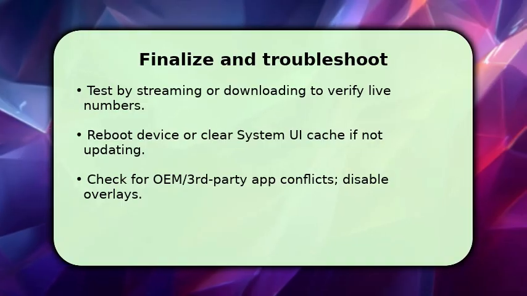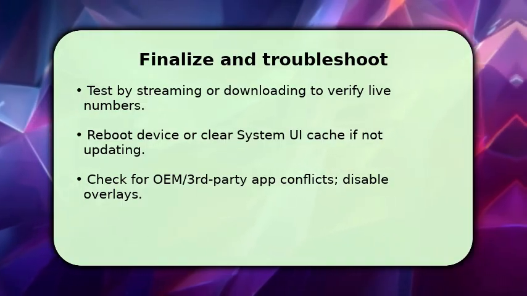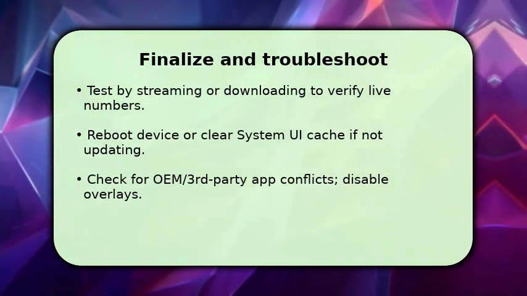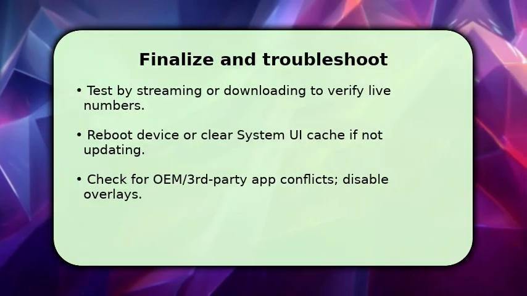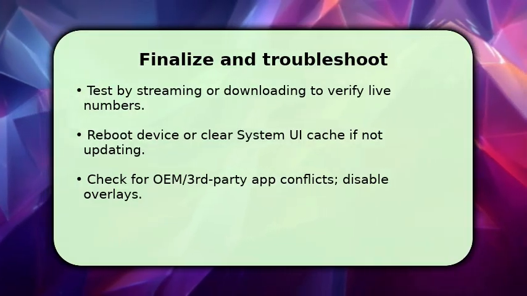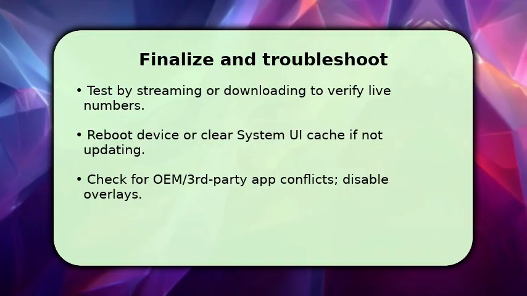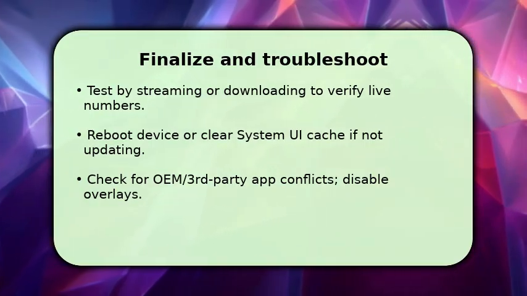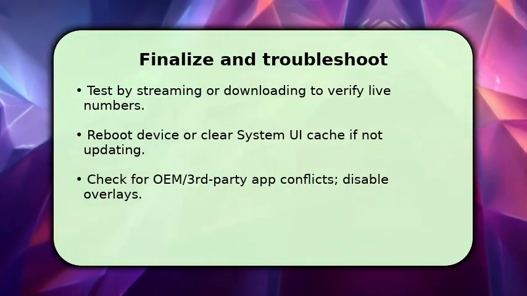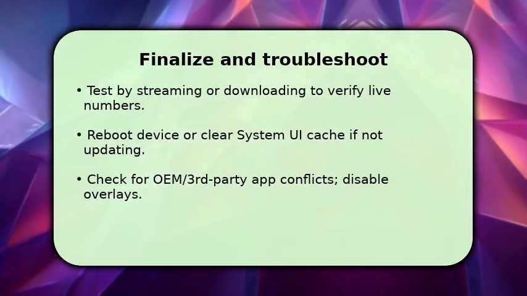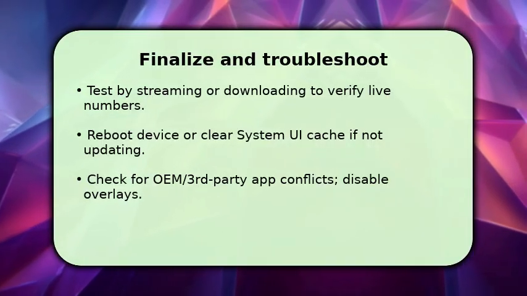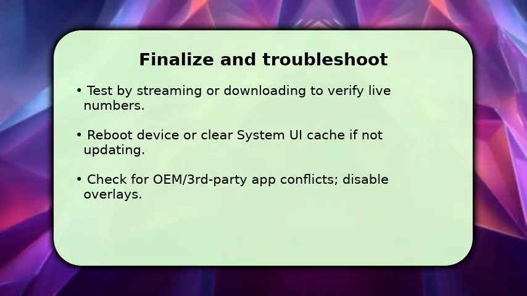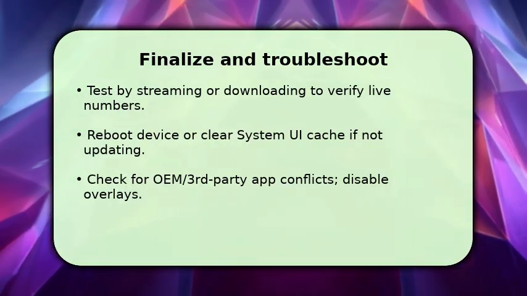This confirms correct operation. If values don't update, reboot the device and, if needed, clear the system UI or status bar cache to remove stale state. Make sure no third-party overlay or battery optimizer is blocking the status updates. Temporarily disable such apps, and if the feature still fails, revert custom ROM tweaks or check for an OEM setting